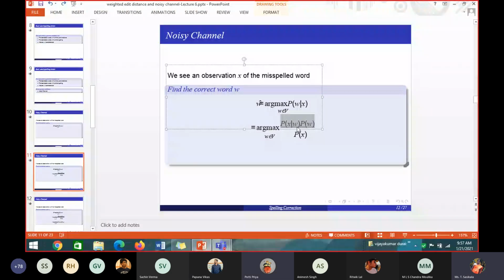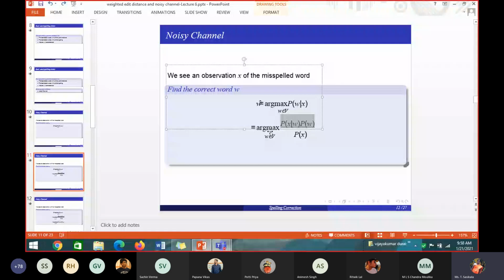3 words are there. For the first word I will be calculating one probability. For the second word I will be calculating another probability. For BEHALF I will be calculating one probability. The other is BEHAVE, for that I will be calculating one probability. The third one is because. These are the 3 words I have taken as my candidate words. So totally I will be calculating 3 probabilities.